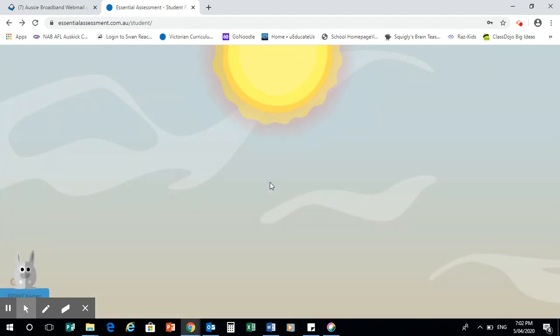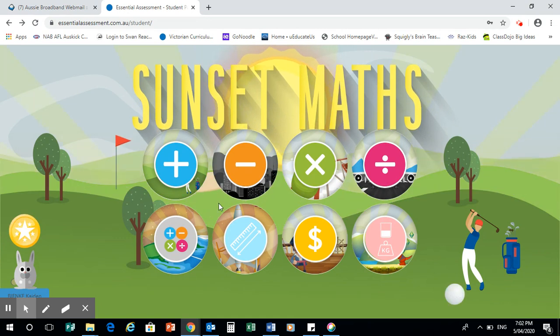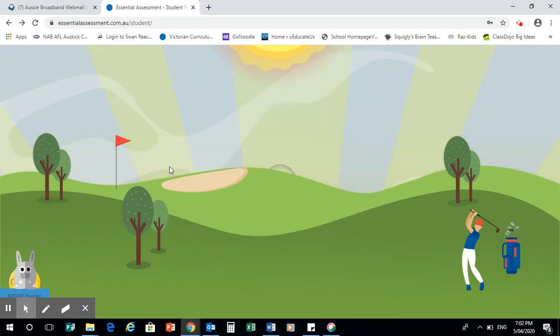Then what they do is they get to choose what area they would like to work on. So they could work on addition, subtraction, multiplication, division. They could work on all 4 operations. They could work on measurement. They could work on money, or they could work on kilos. Now, this is called Sunset Maths because the sun sets down and you've got to do the things. So, for example, if we're going to do plus, addition,